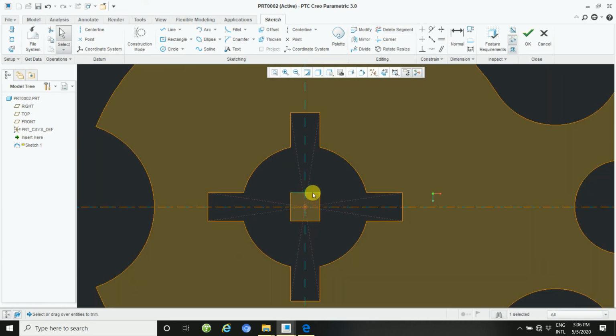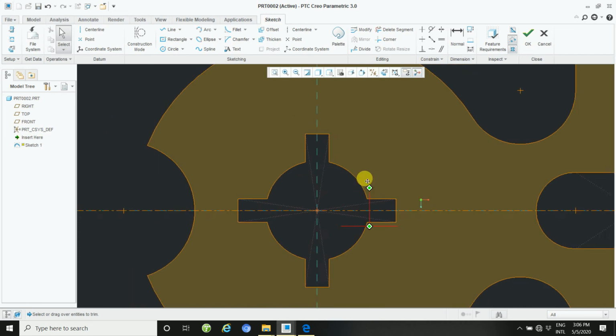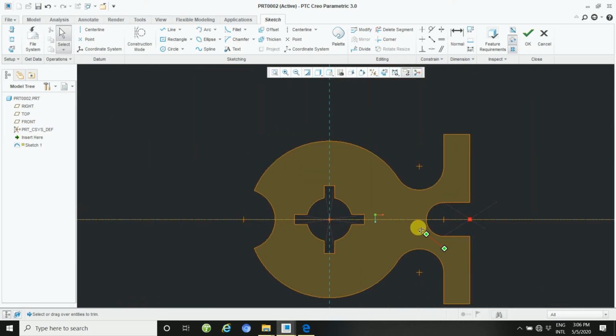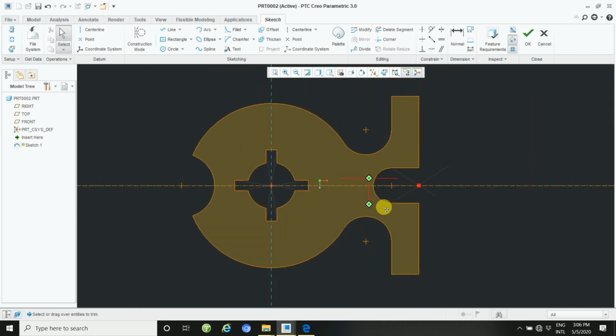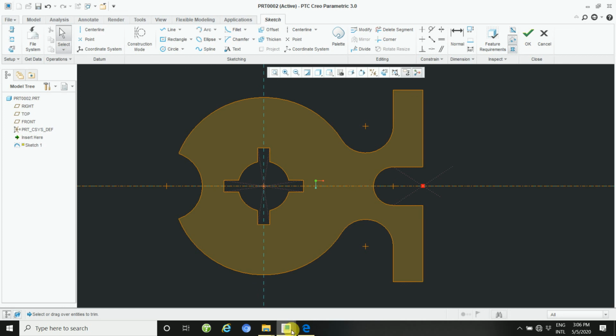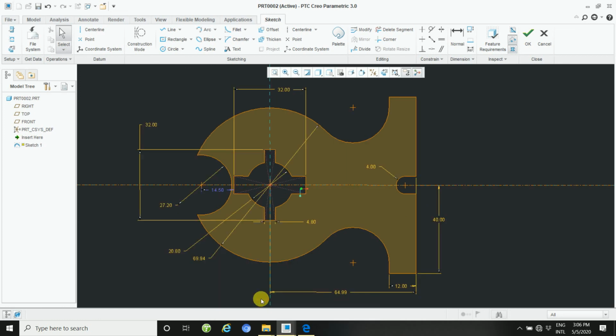And then delete this one by one. This way your drawing will be prepared. Here all the dimensions are there. This way you will represent your drawing.